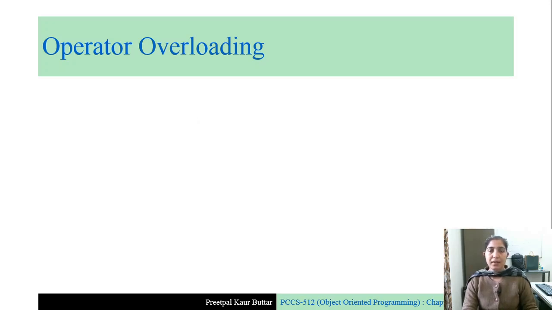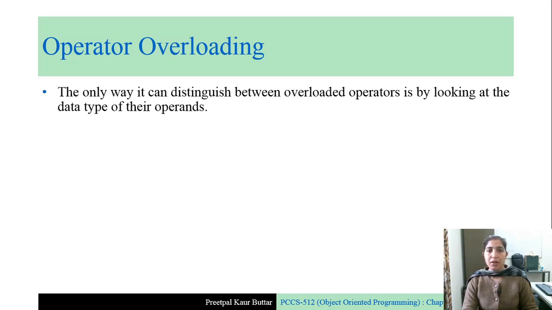So we have seen many examples of overloading the binary as well as unary operators. The compiler can distinguish between overloaded operators by looking at the data type of their operands. Suppose we have two integer variables int a and b, and we have two variables of user defined data type distance, Dist d1, Dist d2. So we can write a plus b, and we can also write d1 plus d2 if we have overloaded this